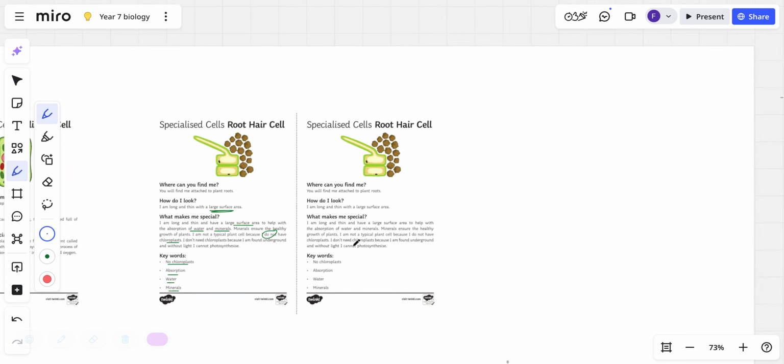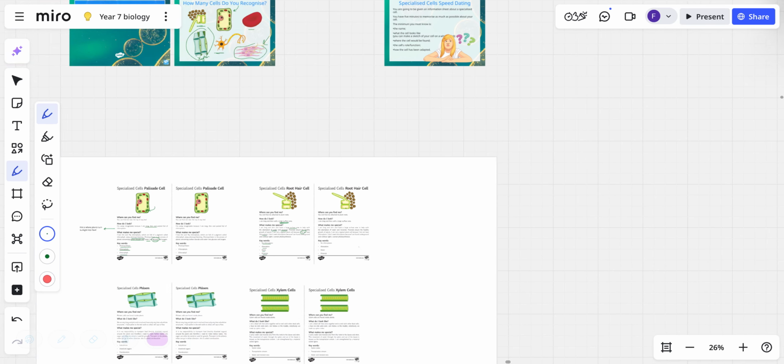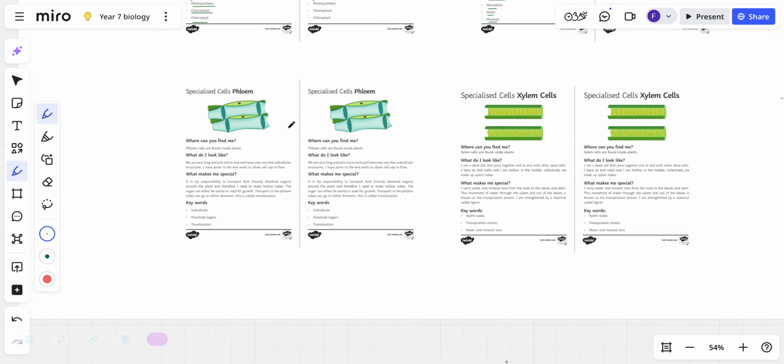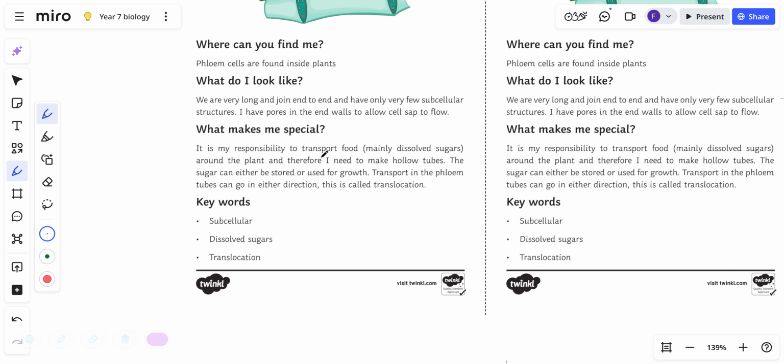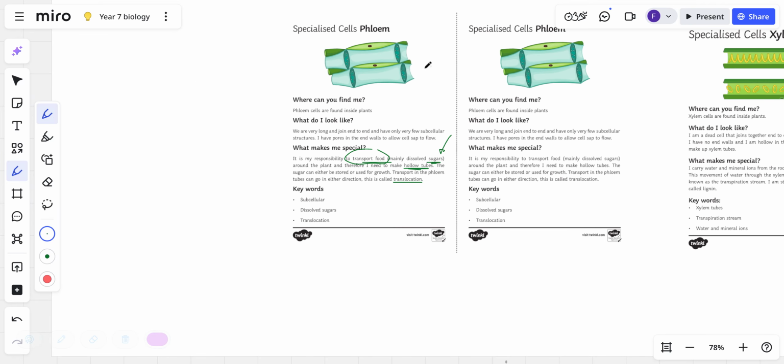Okay. Now, next plant structure we're going to look at is the phloem. These are really cool words. These are long and thin. All right. They are found in a plant and they transport food, mainly the sugars. There's a word, and that whole transport is called translocation. We're not going to bother with that. I'd like you to use it if you can. It's not important, but the important thing is the phloem is specialized for transporting food, which is usually dissolved sugars, and it looks like a hollow tube.